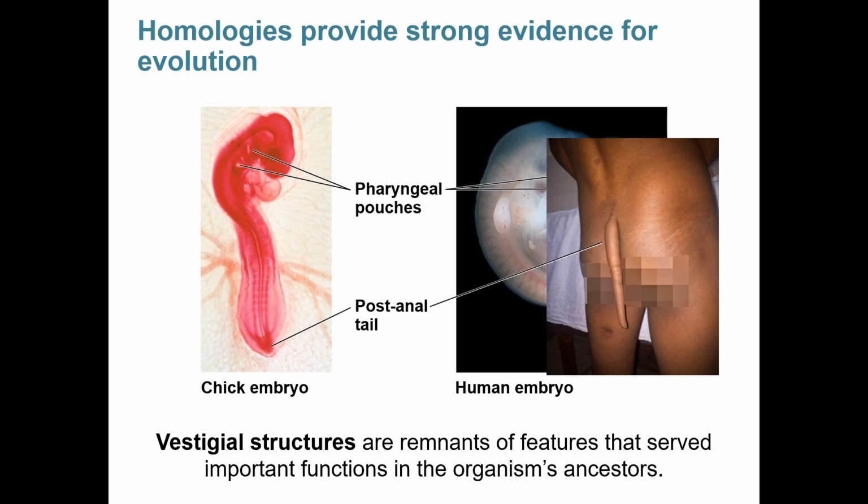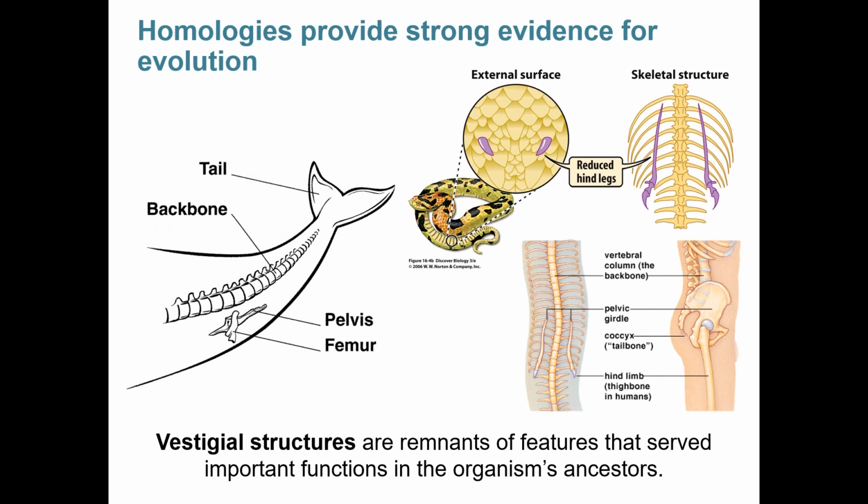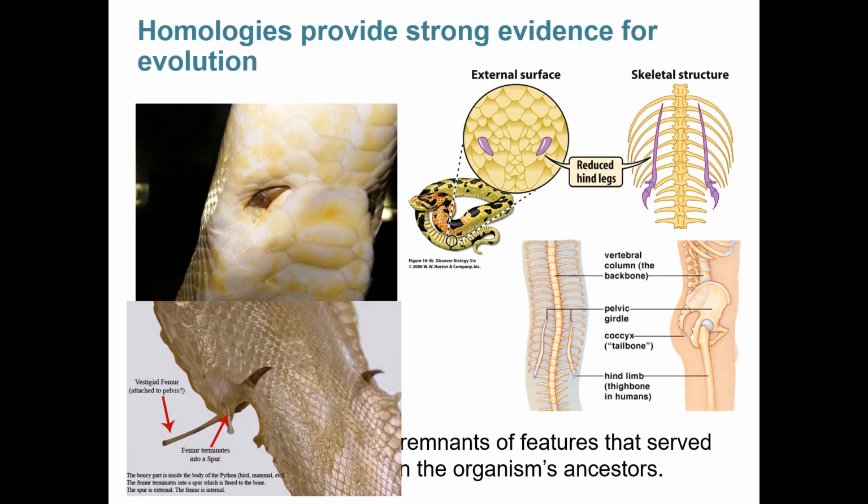and develop properly. Other examples of vestigial structures are the presence of both a femur and a pelvis in whales, which is an indication that their ancestors once walked on land, as well as limb structures like coccyx and pelvic girdles in snakes that suggest that their previous ancestors also had limbs. Usually the only visible remnant of this is going to be a spur that is visible right near the base